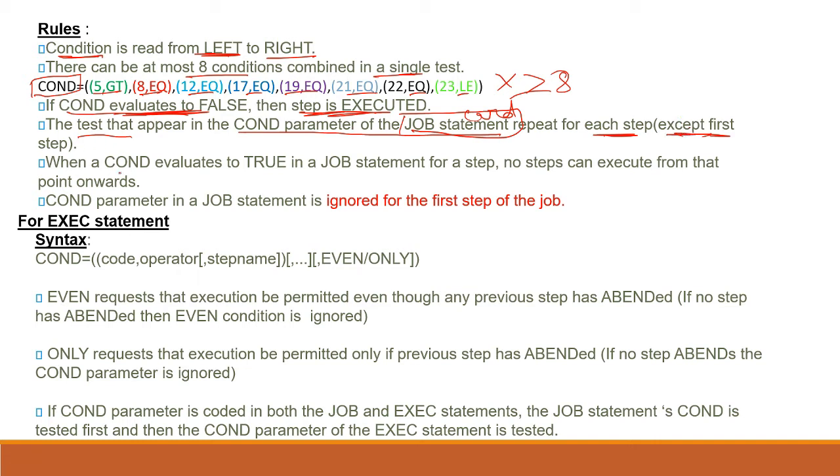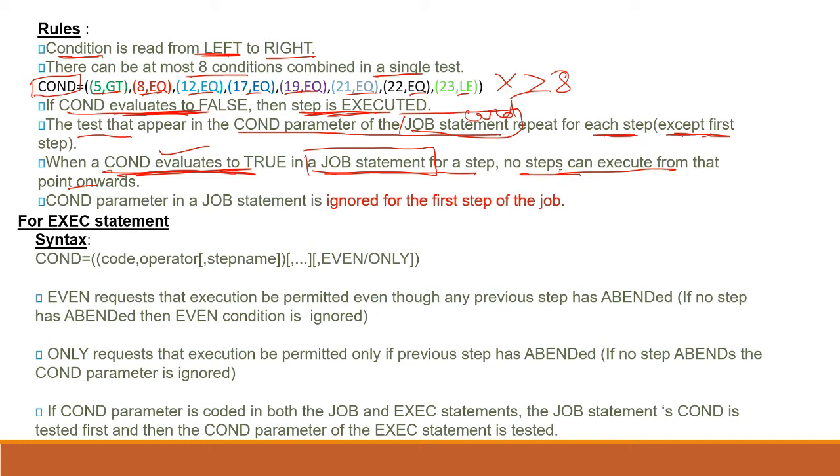And when a COND evaluates to true in a JOB statement, no step can execute from that point. Like if you have given the COND parameter in the job card, then if in any step the COND parameter becomes true, from that step no step will be executed.